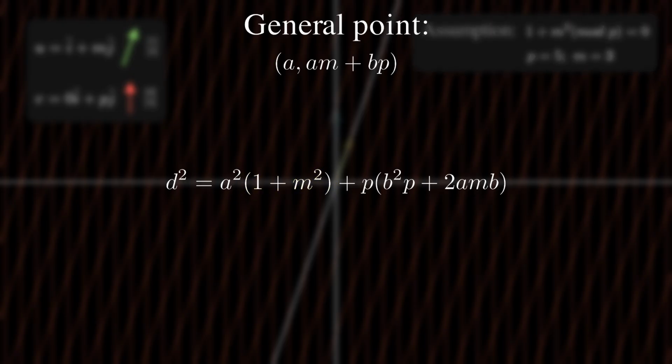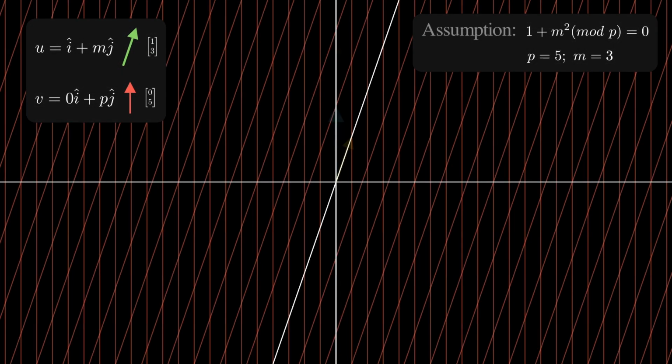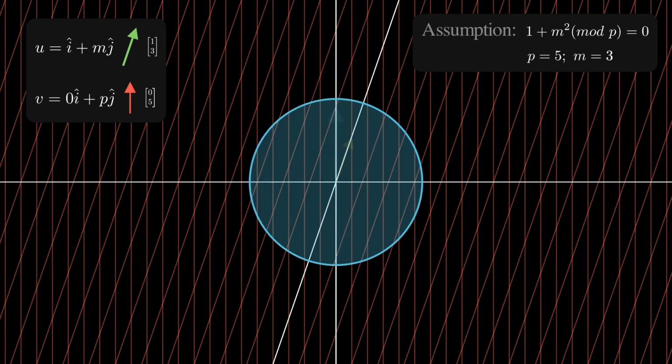So we can prove that the square of the distance of any of the points in this grid is of the form n times p. If you calculate the area of any one parallelogram, then we get exactly p. Now, if you draw a convex symmetric shape with area greater than 4 times the tile area, let's say a circle of radius root 2p,